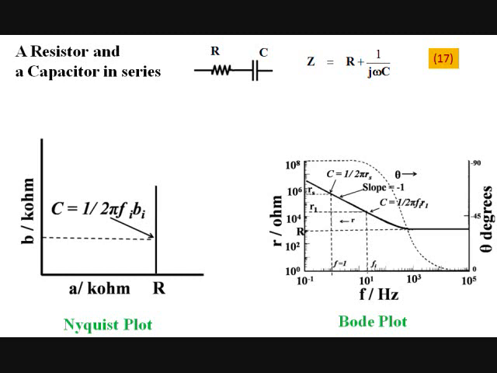When a resistor and capacitor are in series, both resistor and capacitor have non-zero values. The impedance is given by equation 17. From the Nyquist plot, the value of the resistor is obtained by reading off the value of A at the point where the vertical line intersects the A axis. The same can be obtained by extrapolating the frequency independent horizontal line to the R axis and reading off the value of R equal to capital R on the Bode plot.